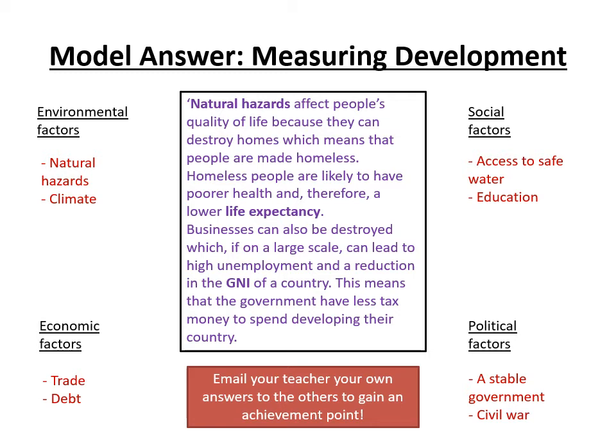Okay, so first thing I'd like you to do is to copy that model paragraph down. And then you know you've got a really, really well explained, really developed answer in your book. And then you're going to pick two other categories. You can use climate from environmental factors, that's fine. But then you're going to pick one other from another category. So two other categories, two other factors, sorry. I'd like you to attempt to write in that level of detail. I want to see